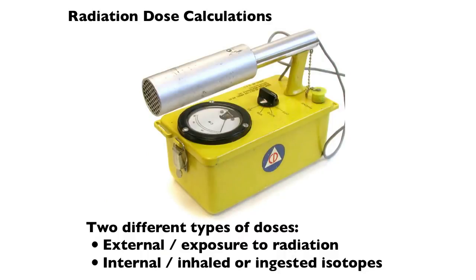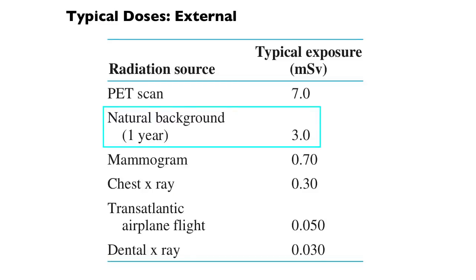Now I want to do some radiation dose calculations, and there are 2 different kinds of doses we're going to consider. External, that's radiation from the outside, or internal, where it's inhaled or ingested. We can calculate numbers for both of those kinds of exposures, but to put it in perspective, the natural background radiation is 3 millisieverts per year, okay? That's what we're going to compare it to. And that's the amount of radiation that we're exposed to on a yearly basis. And so if you're talking about getting a dental x-ray, that's 1% of the natural background. Well, you want to think twice about it. That's basically 4 days worth of radiation. So it's probably not hugely worrying.